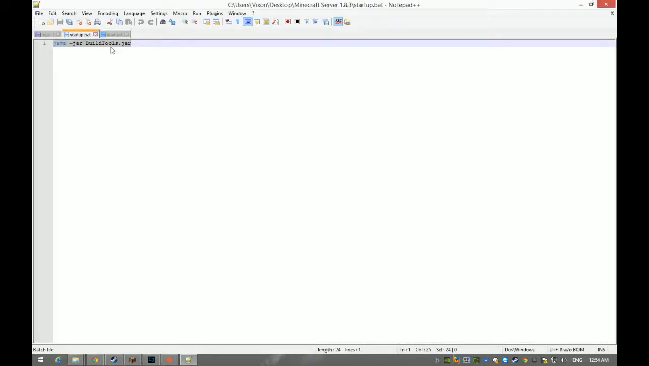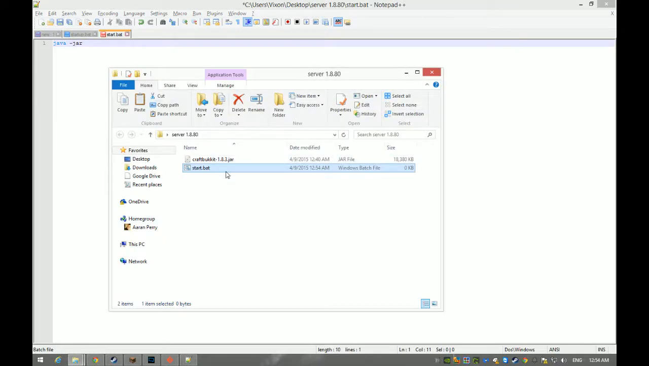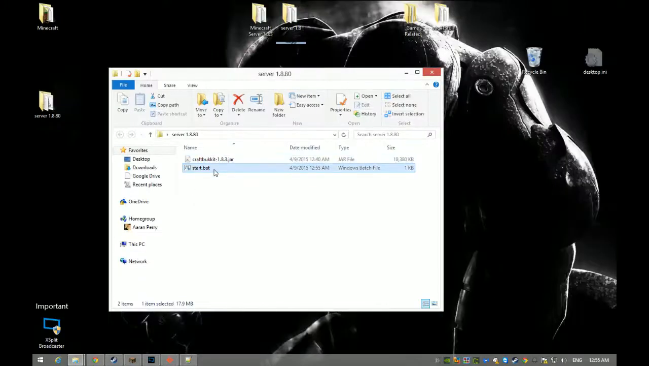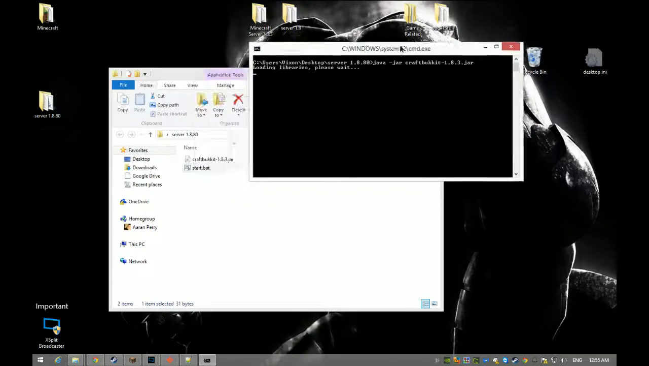Now, you can actually use the start of this. So Java, and then jar. Now the jar is called CraftBukkit. The easiest way to do this so that you don't make a mistake is just go to rename, copy the name, paste it, and then you need to put .jar at the end because that's the extension of the file. Save that, minimize it, and it is literally just as simple as double clicking start.bat, and as you see